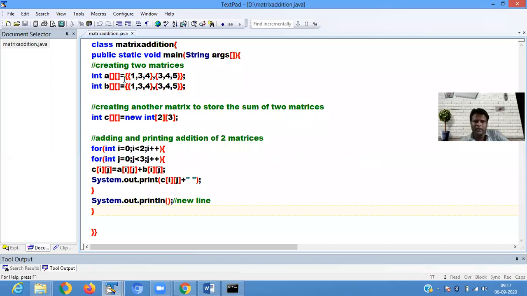int a, 1 3 4, 3 4 5. So two rows are defined here. Then b equals the same values, 1 3 4, 3 4 5. So I will change some values here. Suppose here I put 1, 2,